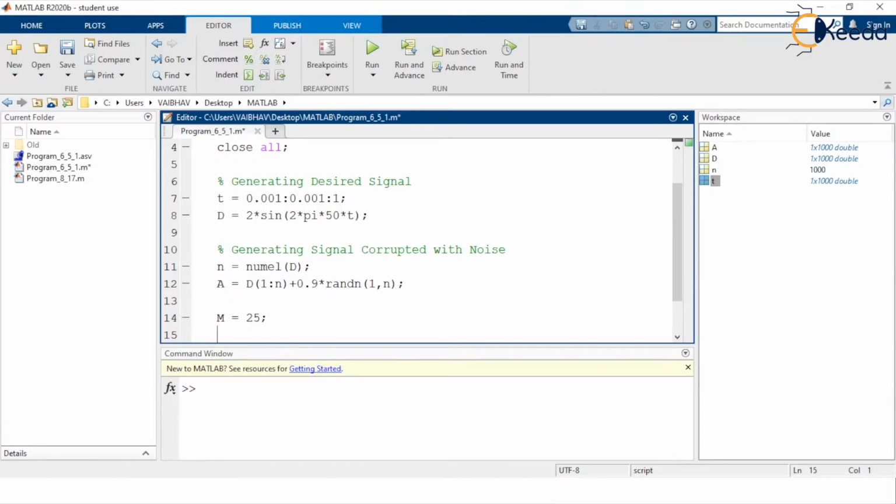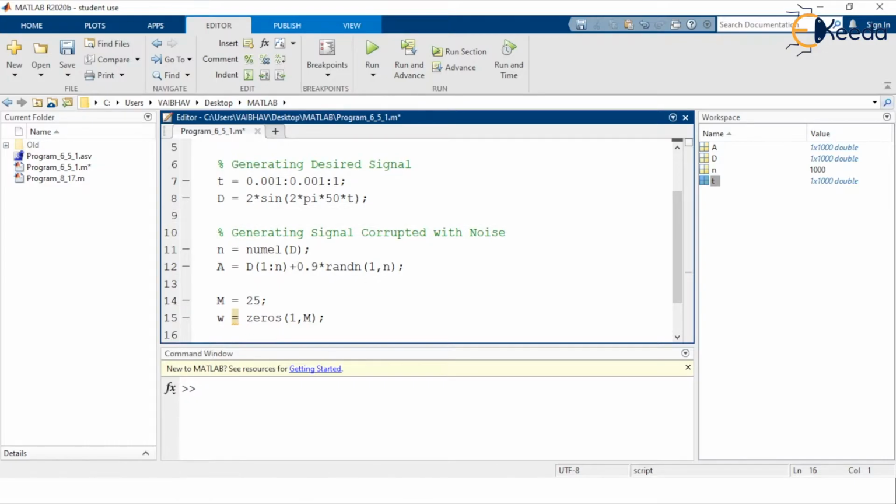For the weights in the update equations we have seen, we need to define a variable, let us say small w, that initially has all elements with the value 0, with dimension 1 comma capital M, where M has the value 25, as the initialization of the weights.